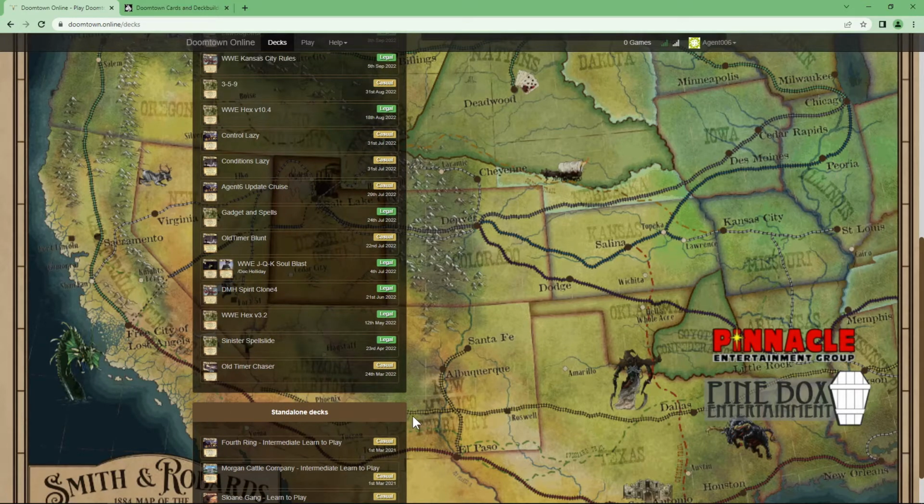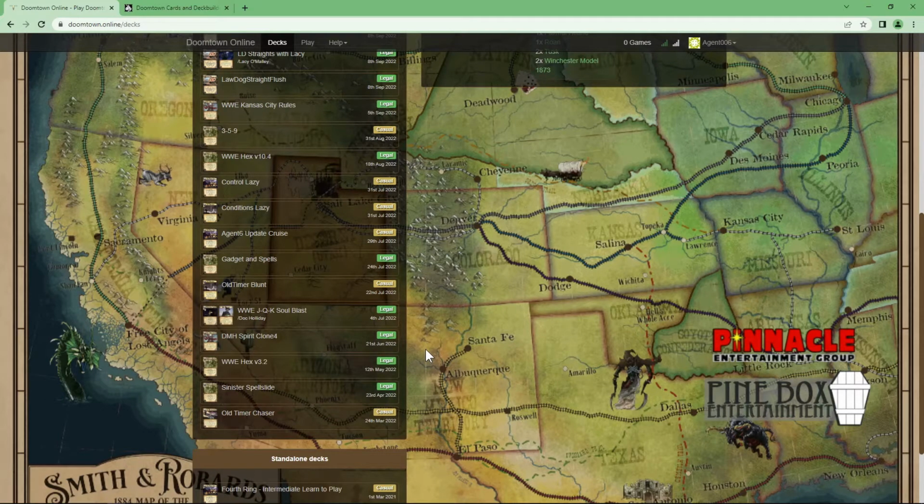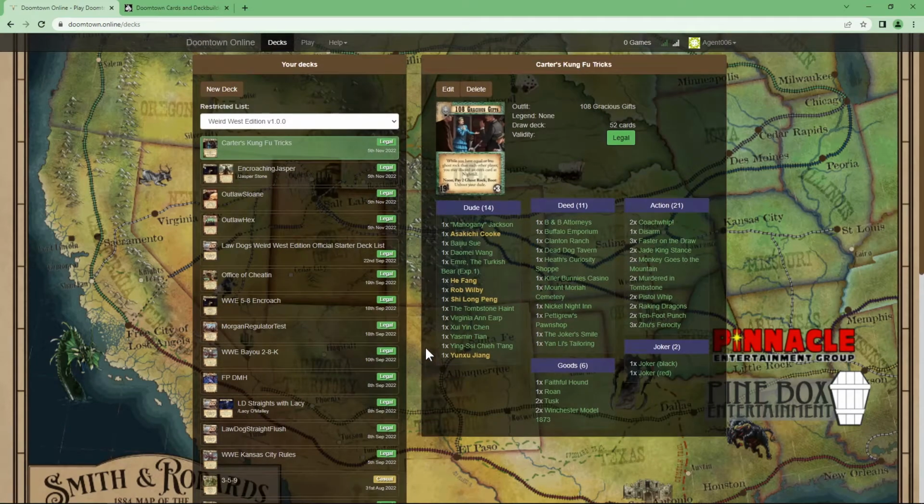So there are two formats now for playing Doomtown. Casual, which is using every card that's been put out from both AEG era and Pinebox era. And there's also the Weird West edition format, which is supposed to use all the cards that were put out by Pinebox Entertainment, which is There Comes a Reckoning, all the way up to the new kickstarted Weird West edition, the new base set. So this is a playable, working